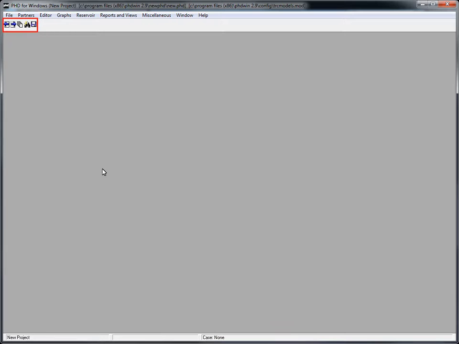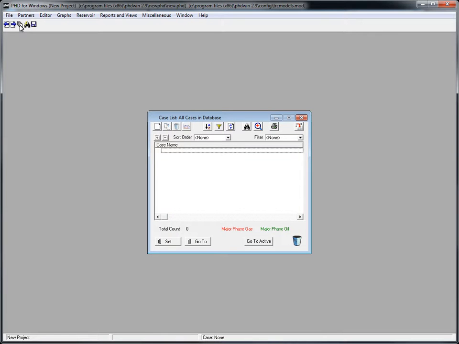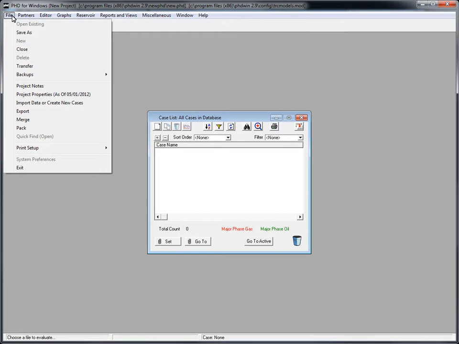From the top left toolbar, click the Stack of Papers button to bring up the case list in PHDWin. You can see that we have 0 cases in this new database, so now we will import our DrillingInfo file, which contains production data as well as general well information. To do this, click the File menu